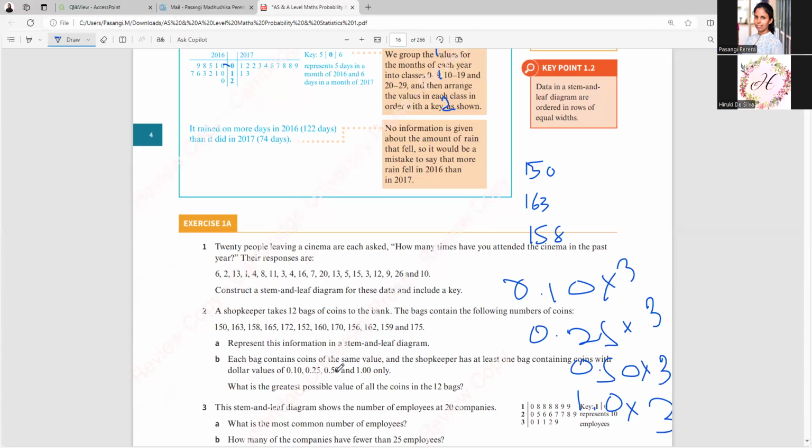What is the greatest possible value of all coins in the 12 bags? Greatest possible value of